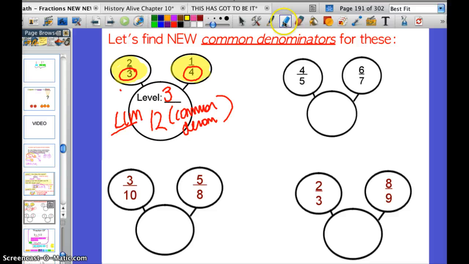Okay, let's also look at the one to the side here. Let's look at what would be the common denominator, a number that we could assign as our new division so that 4/5 and 6/7 could be split up into equal parts in